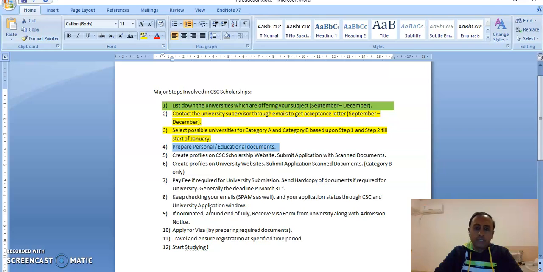So after you have selected a particular supervisor or the list of universities in which you are applying, then you need to select which universities you will apply through category A, and which universities you will apply through category B. I will discuss category A and B in a separate